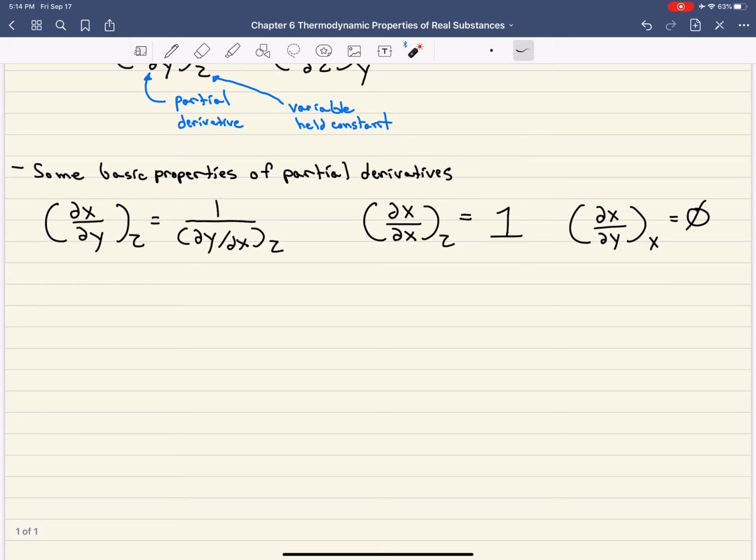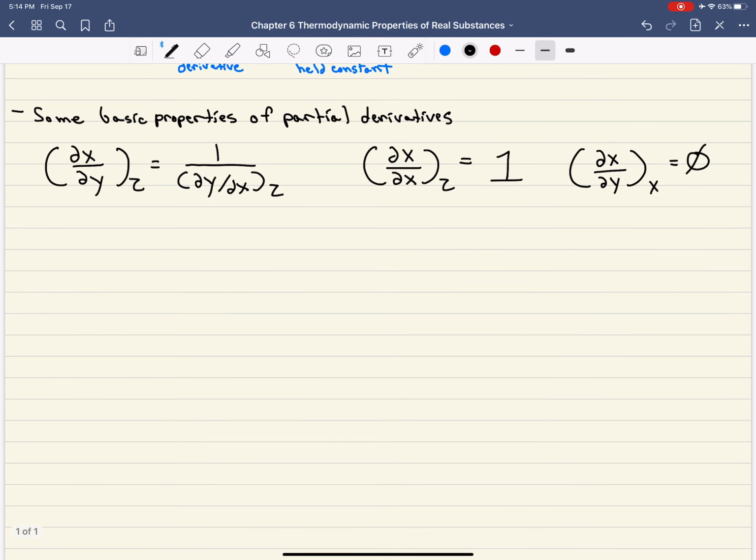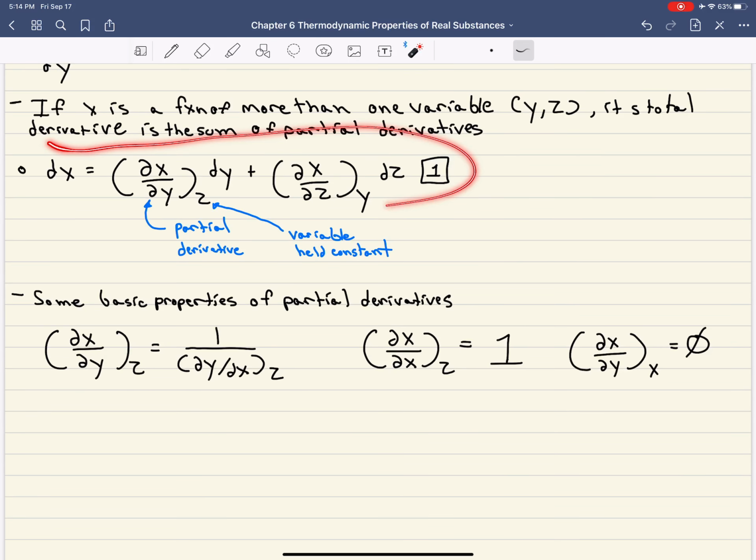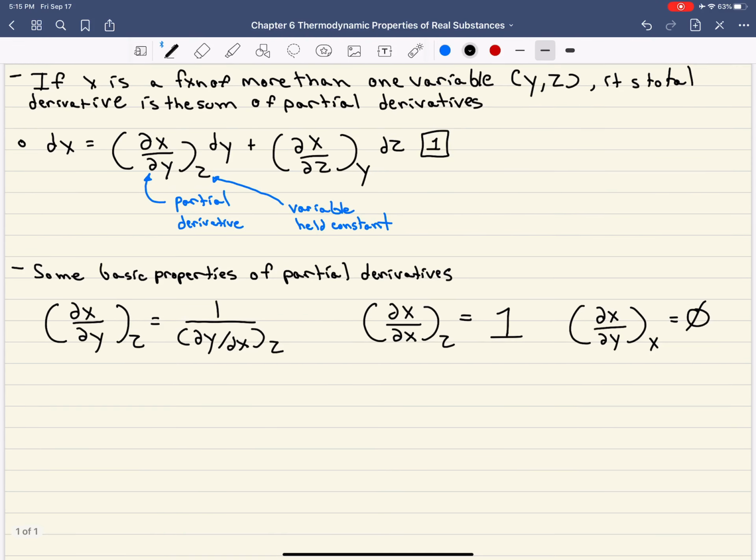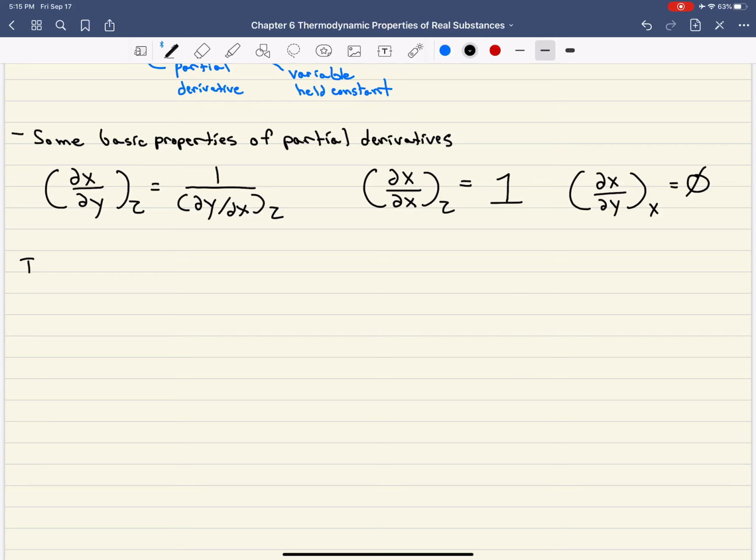But using these very basic properties, we could also look at some more complex properties of partial derivatives as well. Okay? So for example, if we go back to equation 1 here, let's take the derivative of it with respect to y while holding x constant. Okay? And so if we differentiate 1 with respect to y holding x constant,